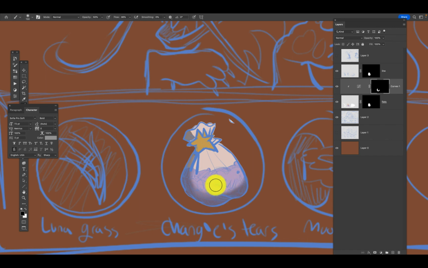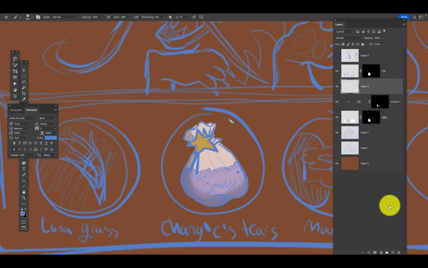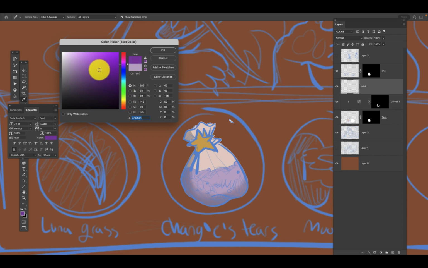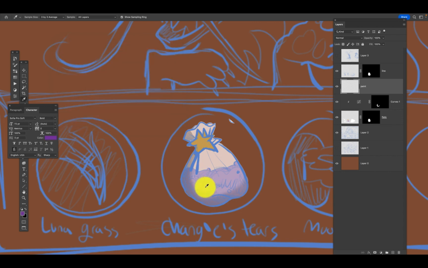You can also make this really bigger, bring it out a little bit. So there's different ways that you can paint into this. You see that? I can also paint above it. So I have a layer that I call paint, and I pick from this color, and we can do things like